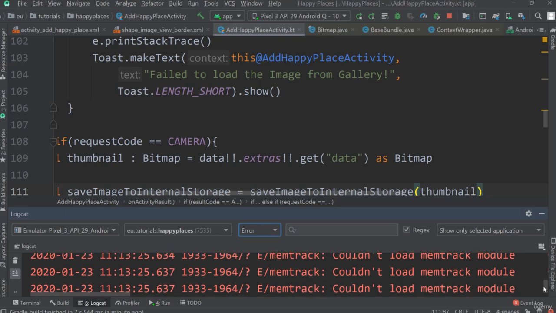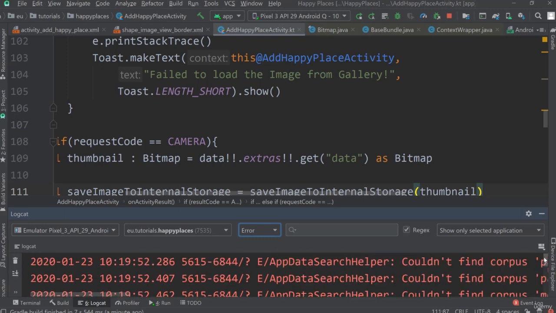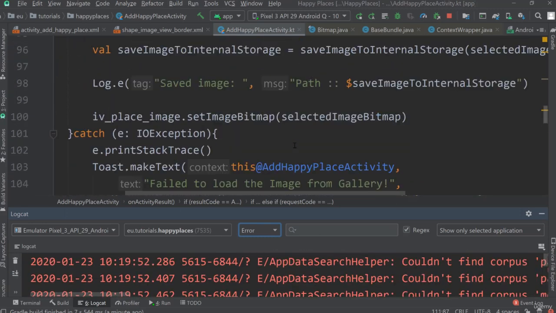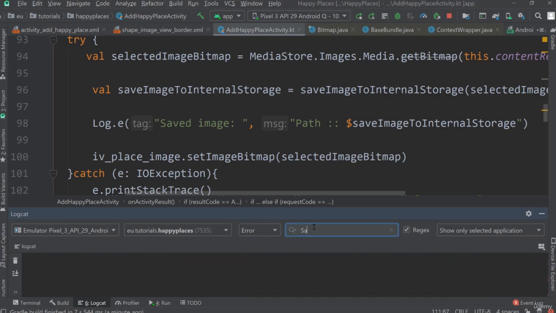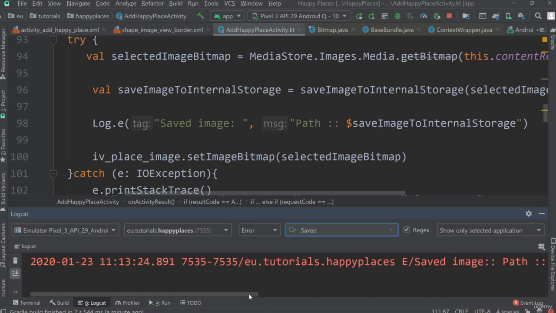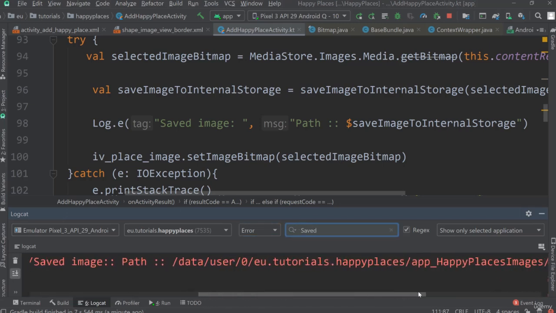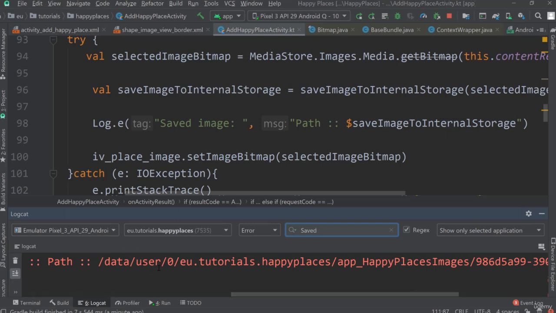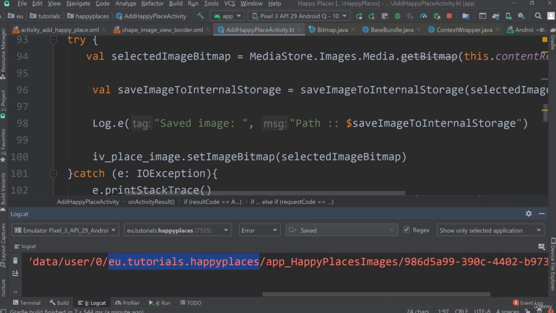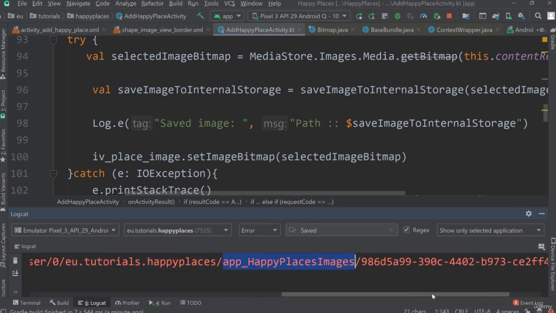So there are a bunch of errors. Maybe it's easier if we just search specifically for saved image. All right, so there we are, saved image. And the path is going to be data/user/0, the name of our directory or of our project namespace, then app, happy places, images, and then that is the